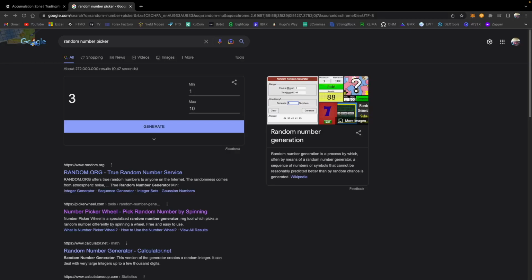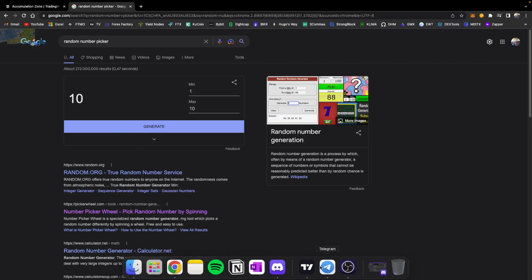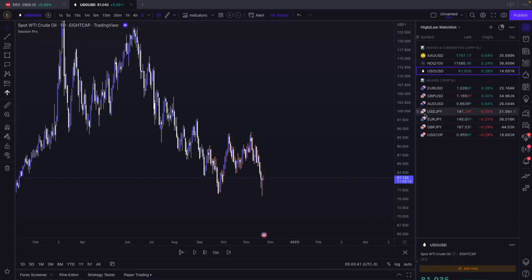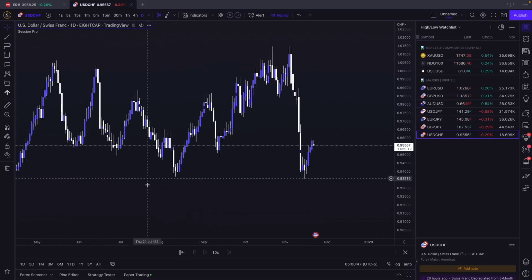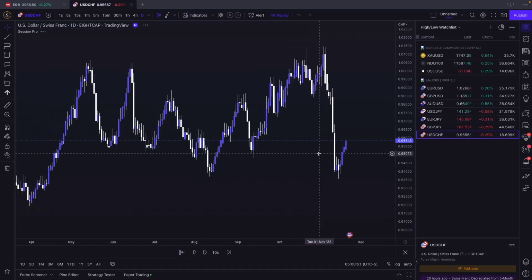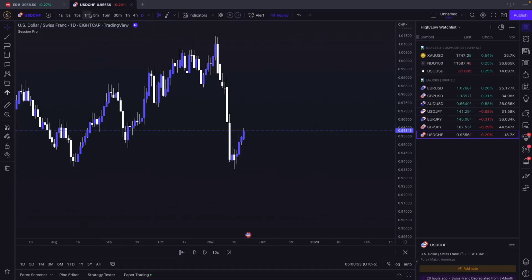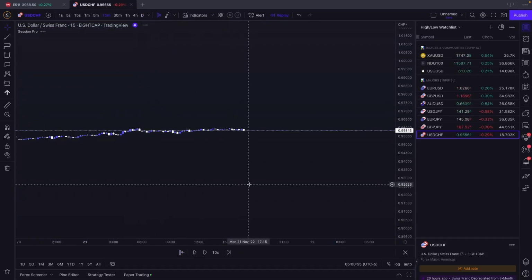Today I will be live backtesting the strategy in bar replay mode to show you guys how it's done. So let's generate a random number between 1 and 10, and we picked number 10. So let's go over to TradingView and pick number 10 on our watchlist, which would be USD/CHF. So all we're going to do is replay it back, so we only see Tuesday's price action. We go down to a 15-minute time frame